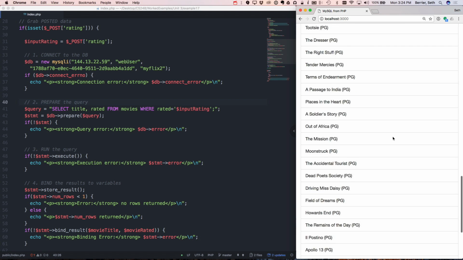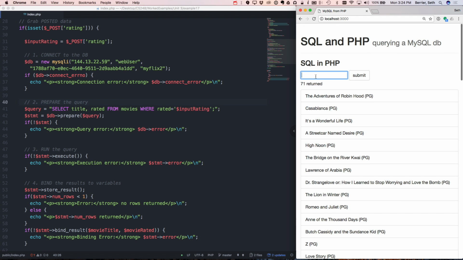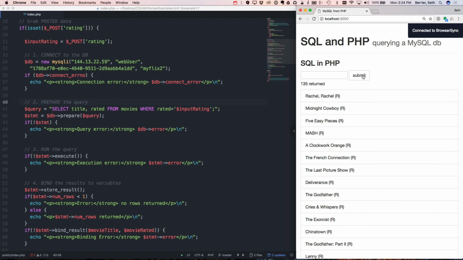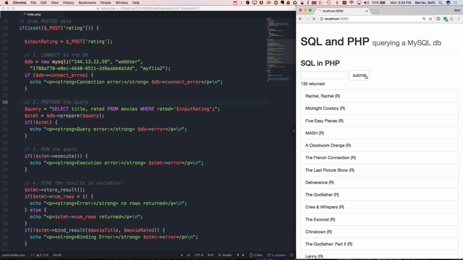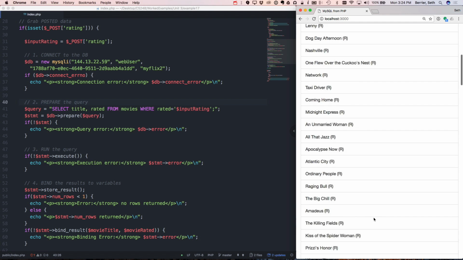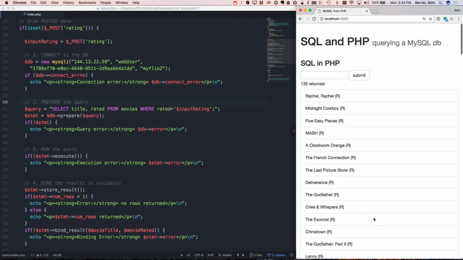So you can start to see here how this all works. PG is actually pretty unpopular. 71 versus, no, R is still the most popular, it looks like. I don't think there's any NC-17. Error, no rows returned. And that's because we gave it something that wasn't in the database. Nobody likes an NC-17 movie, at least not in mainstream. So there we go. Now, of course, this is susceptible to